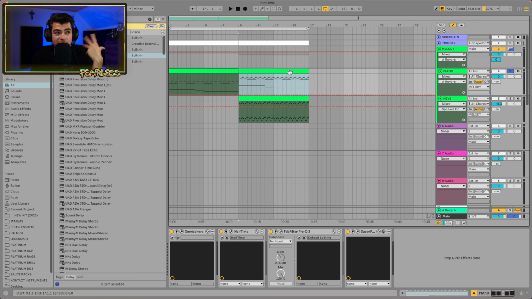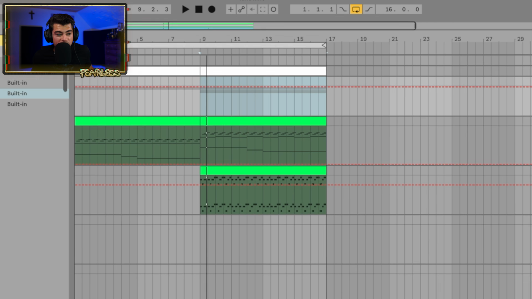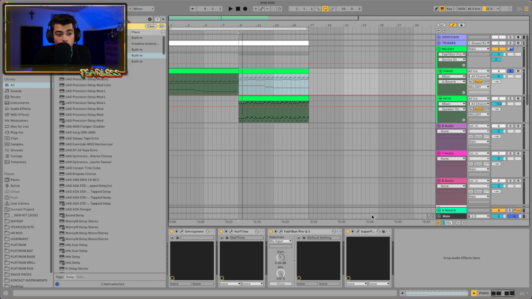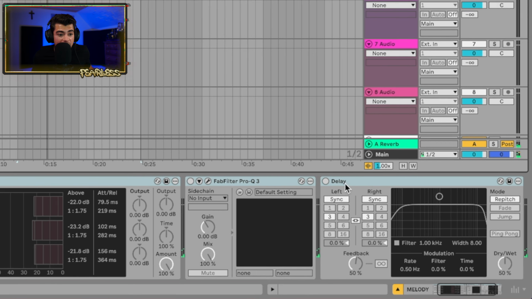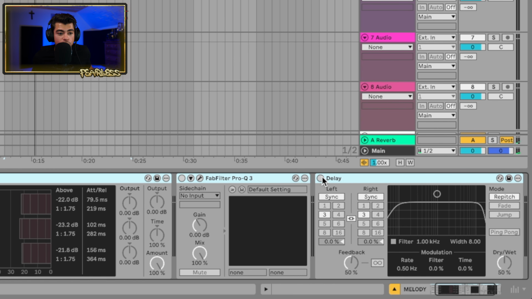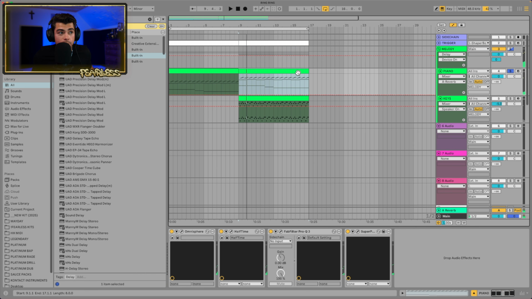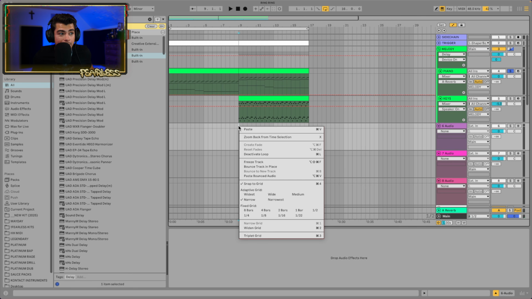So if we go to this piano layer, let's hear it. We can turn off all of the effects that are on the group so we can hear what the piano sounds like with just the effects on by itself. Even if we add all of these crazy effects onto the group, like a delay, that's going to be super noticeable, right? So if we Command C or Control C to copy, and then paste this,